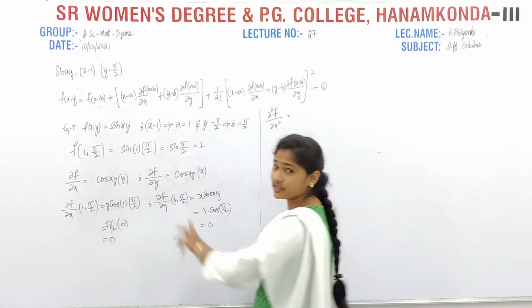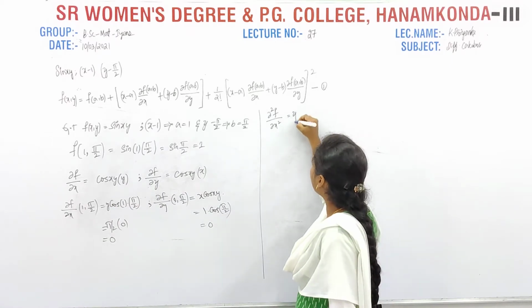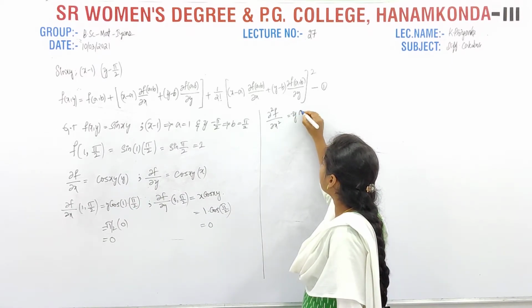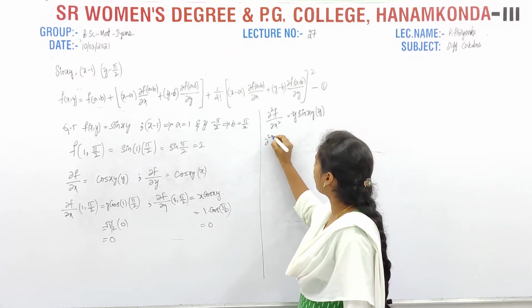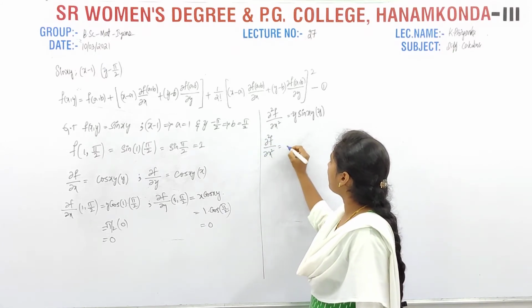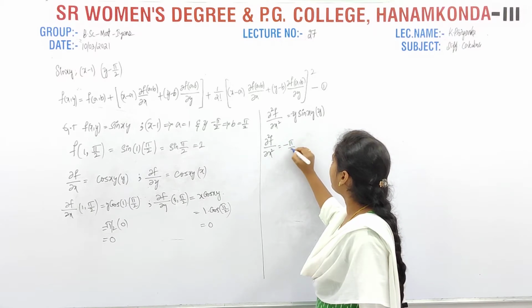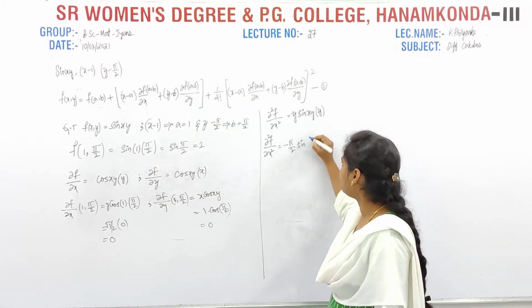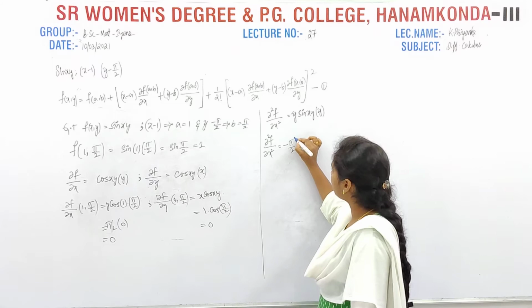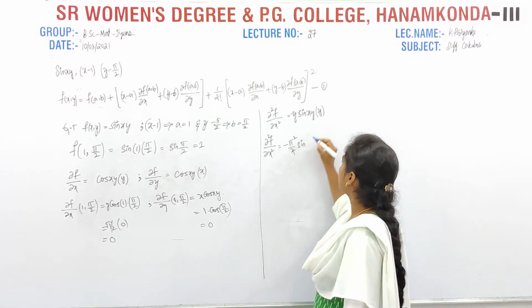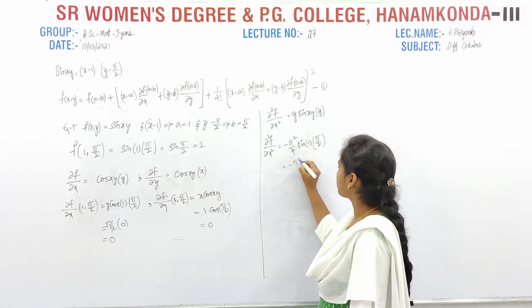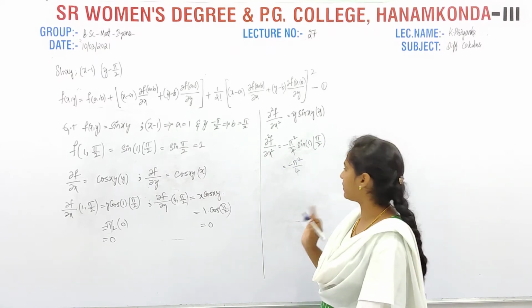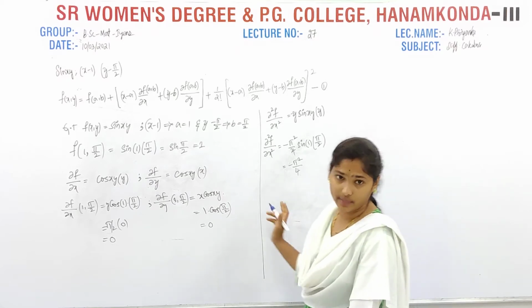Now I have to differentiate it with respect to x. So y cos y is nothing but minus sin xy into y. Okay. So now here at the given point (a, b), what is the value? That is minus pi by 2 into sine. Here again it is y square, so simply pi square by 4. Sine x value is 1, y value is pi by 2. Now minus pi square by 4. Sine pi by 2 is 1. So minus pi square by 4.